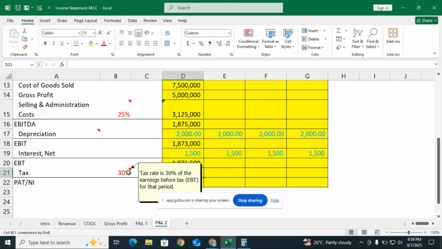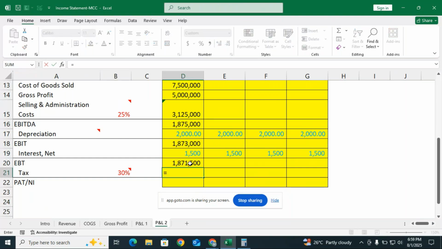So taxes again are 30% of the EBT for that period. So tax equals EBT into 30%. This is the amount you want to get. So finally you arrive at EBT minus tax, which is your EAT. This is your EAT you should be able to get